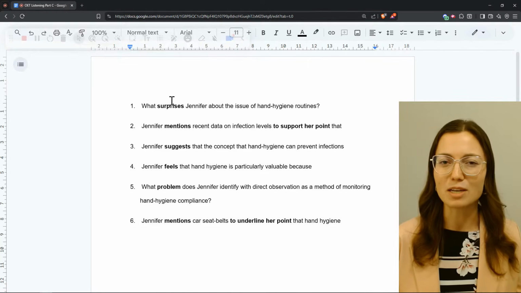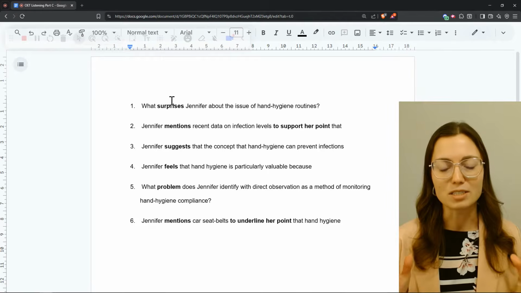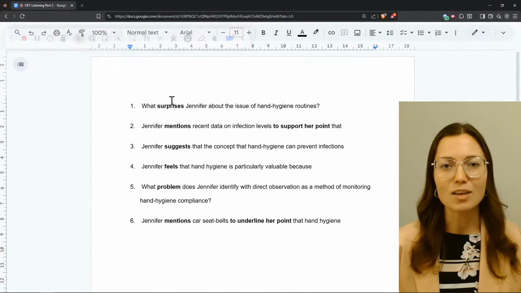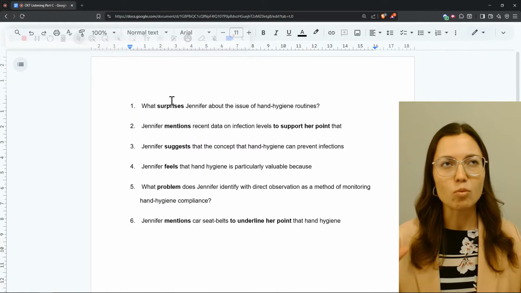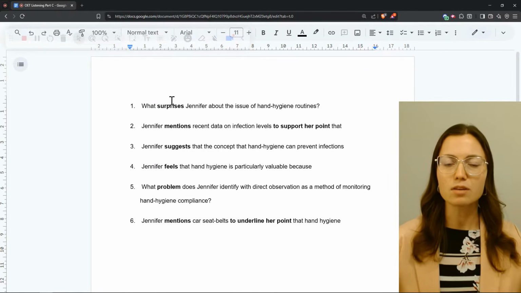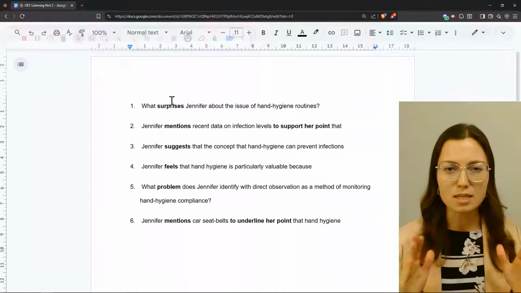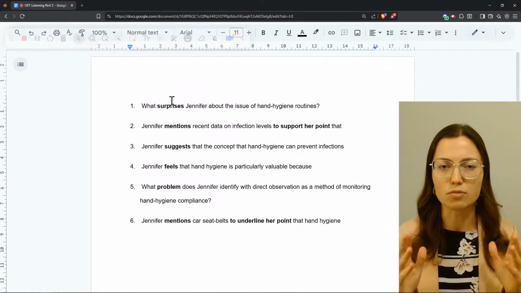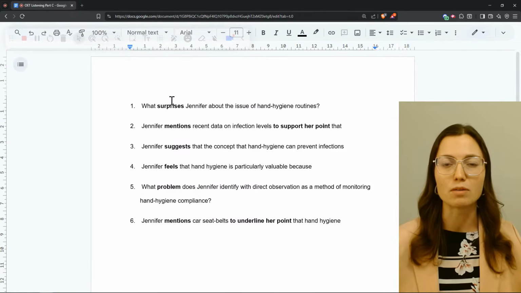So I want to do an exercise with you. I'm going to show you these 6 questions, and then we're going to listen to the audio, and we're not going to look at any options. We're just going to listen with literally and figuratively open ears. I want you to practice listening from a whole perspective rather than listening word by word for exact answers. We're going to practice listening at this bigger level.